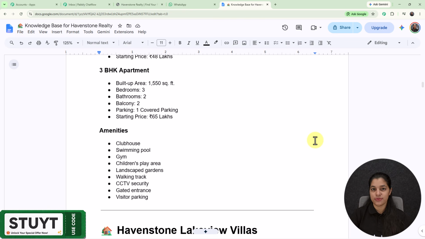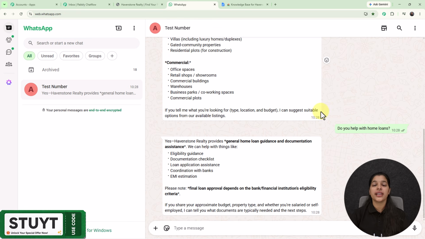of my customer. So now you can also create this amazing AI assistant by which you can resolve all the queries of your customers within the WhatsApp. And your customers can directly land from your website to your WhatsApp by just one click. So for creating this amazing AI assistant for your website, you just have to use one and only automation tool called Pabbly Chatflow. So Pabbly Chatflow is an all-in-one automation tool by using which you are going to create